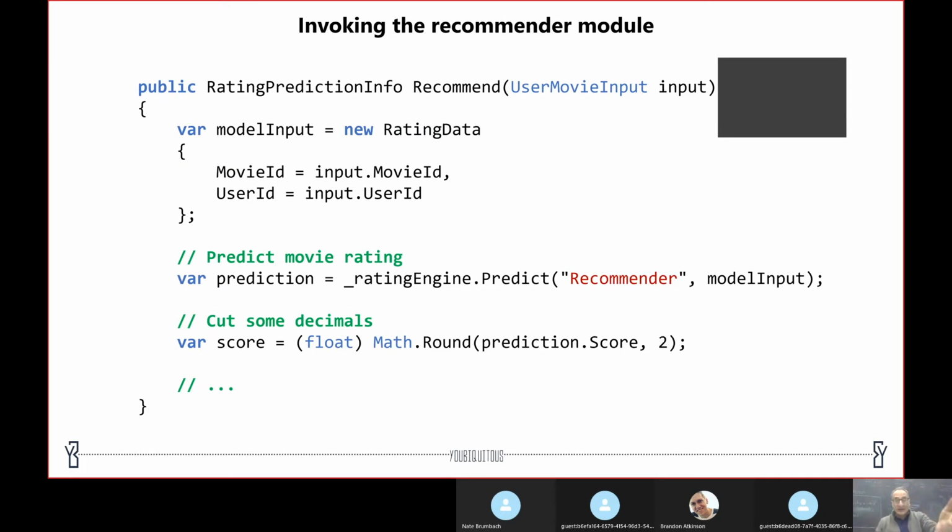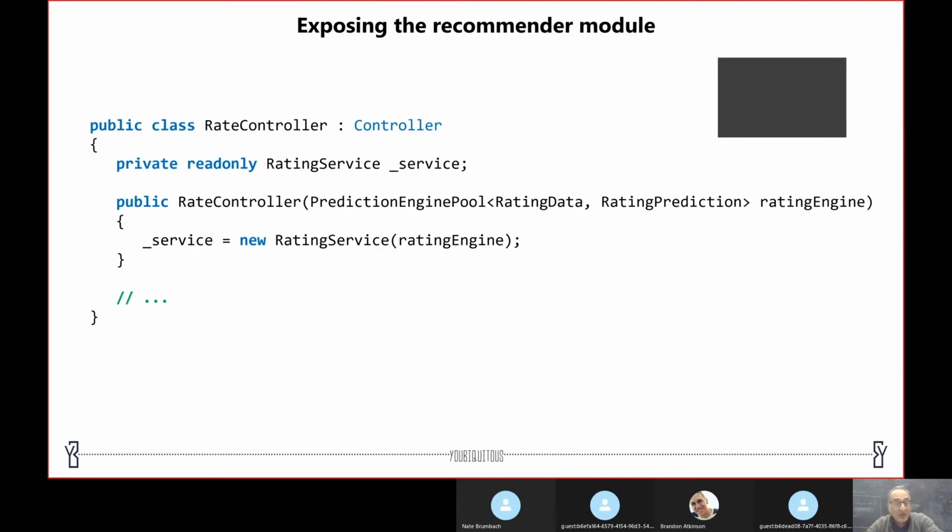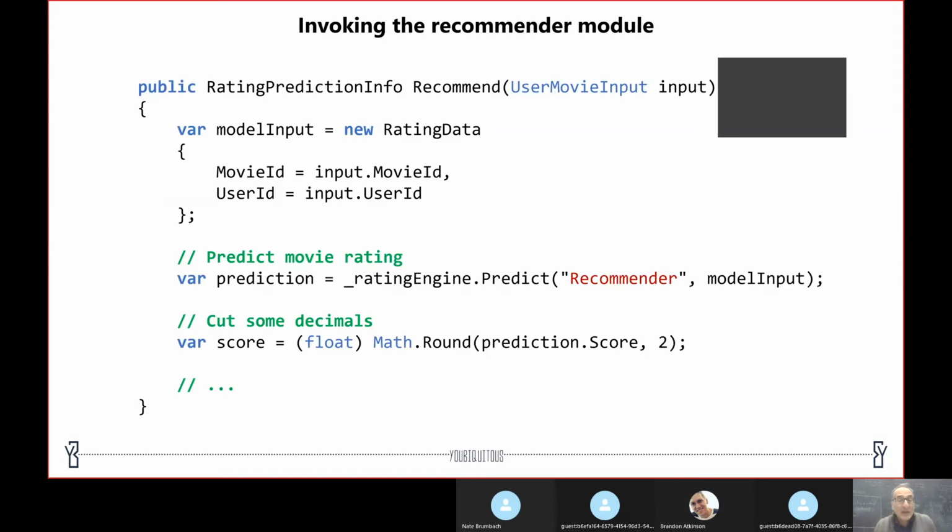And here is a method, recommend, that we can expect to have defined on this rating service class. User, movie input: that's exactly the input we receive from some user interface. So this is the user, this is the movie. Tell me how much this user is expected to like this movie. Then the method predict on the rating engine that we picked up from the pool receives the input data, returns